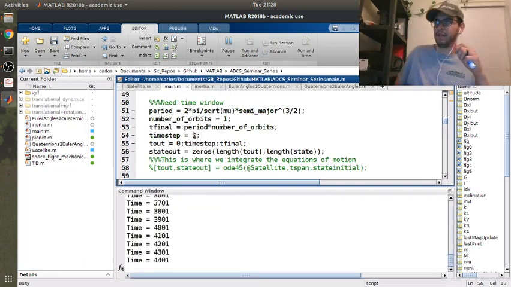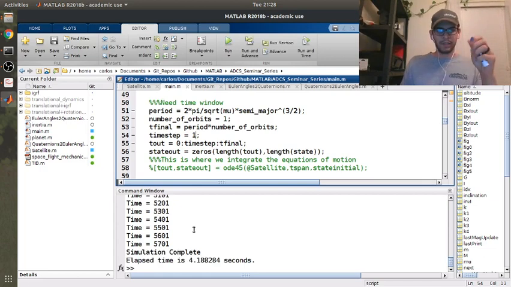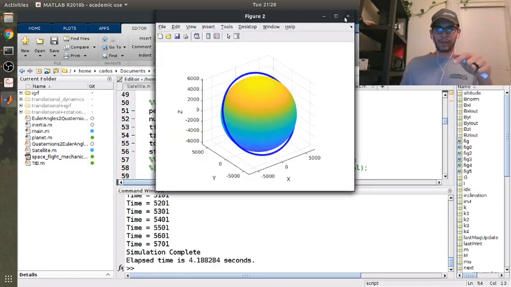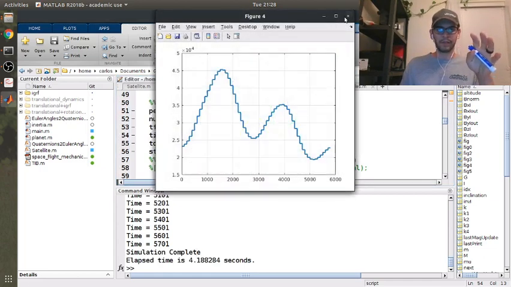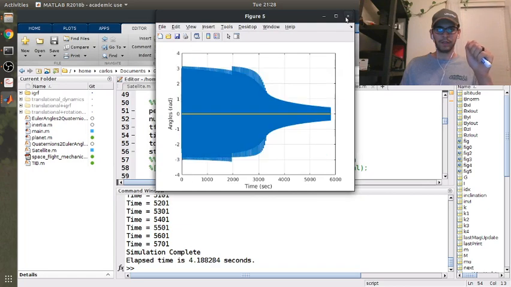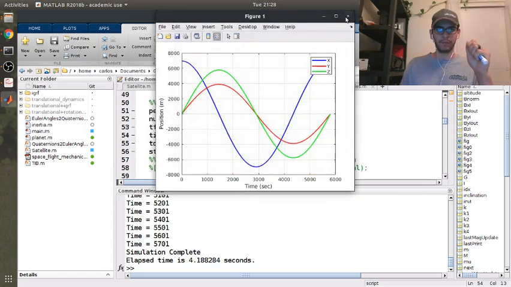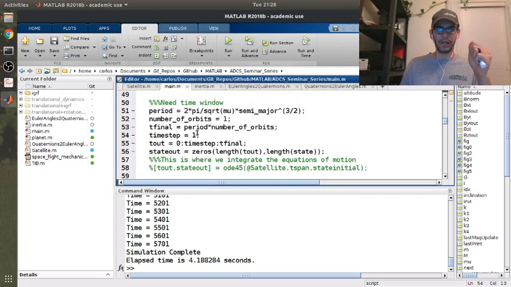11 minutes, just making the code ready for the sensor model. Not too bad. Okay, so now we're at 4 seconds sim time. Magnetic field model still looks terrible. Norm still looks terrible. Angles still look terrible at 1 degree per second. So we're still not fast enough. If it's 1 radian per second,